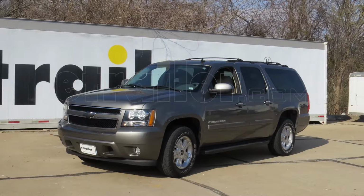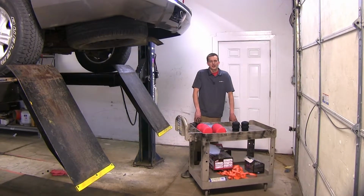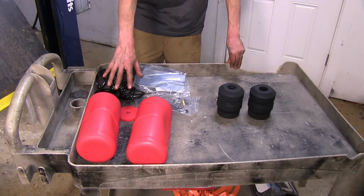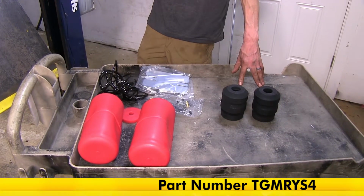Today in our 2008 Chevrolet Suburban, we'll be having a look at our best vehicle suspension options. Alright, we have 3 suspension enhancement options here today that we're going to be looking at. 2 of the options we have on this cart right here. On this side, we have the Airlift 1000 air helper springs, and over here we have our Timbren Suspension Enhancement